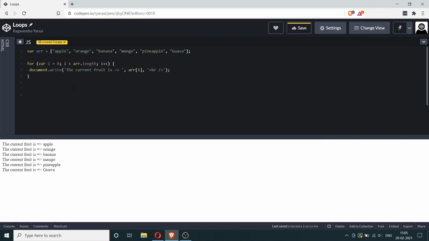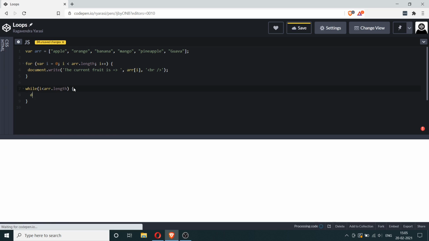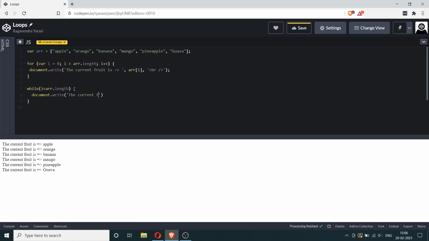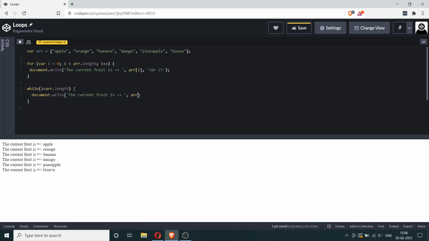So if I want to write this same for loop in terms of a while statement, I'll write while i less than ARR.length, and in the curly bracket I'll say document.write the current fruit is ARR of i BR.